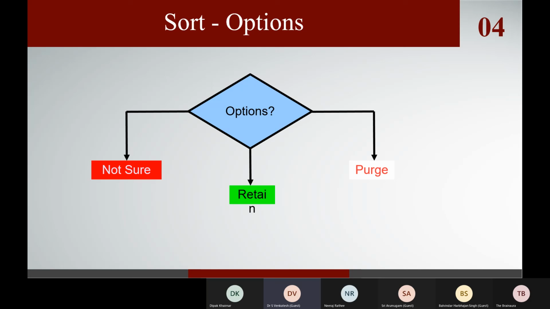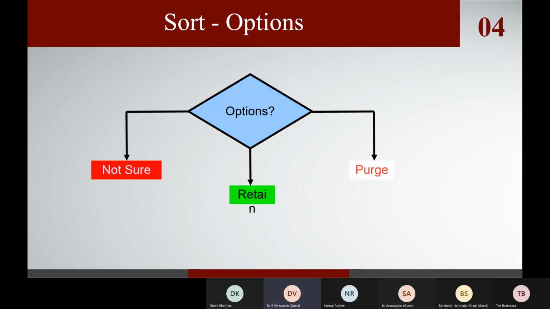So we may not be really sure sometimes whether a particular tool or paperwork or process or material is really needed elsewhere, or maybe it's needed for some other purpose which we may not be aware of. So this "not sure" is also one of the options we have to keep in mind.